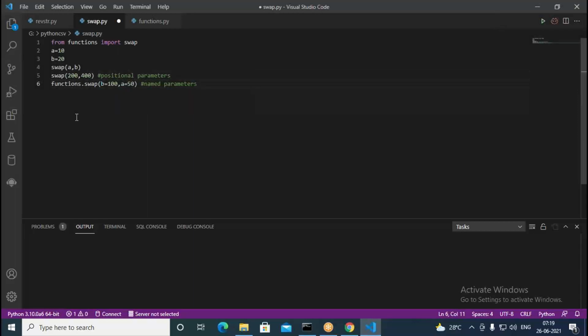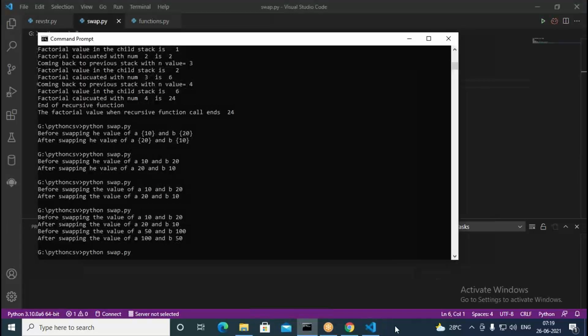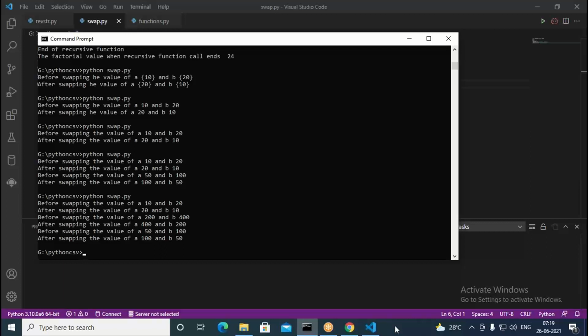Without the function name? Yes, because we are importing only that function, we don't require all the functions. From functions import swap you have written, then you can use the swap function. Now if you run this, it should work without any difficulty. It is working. So we just imported that particular function.